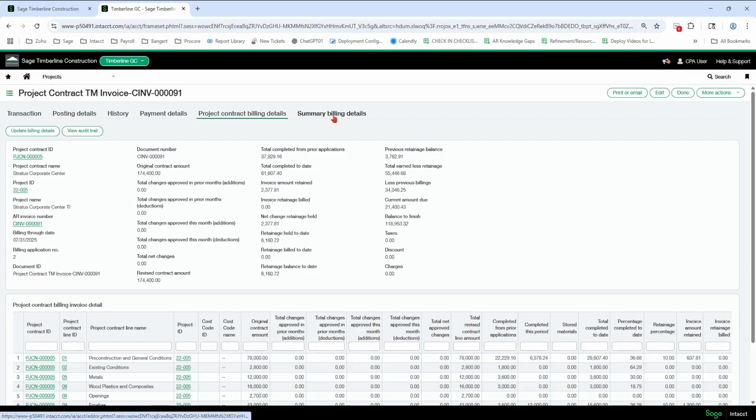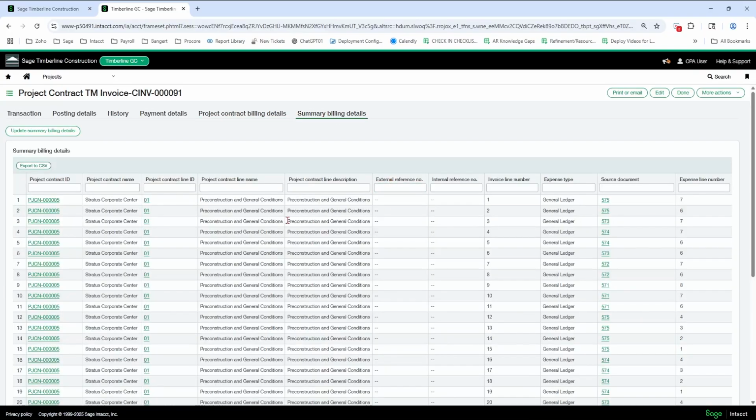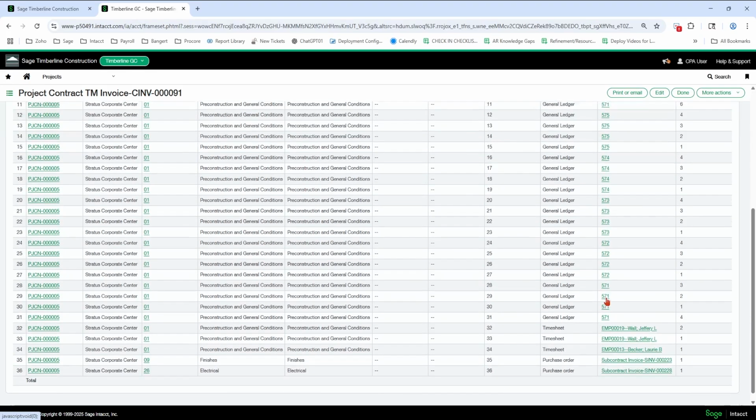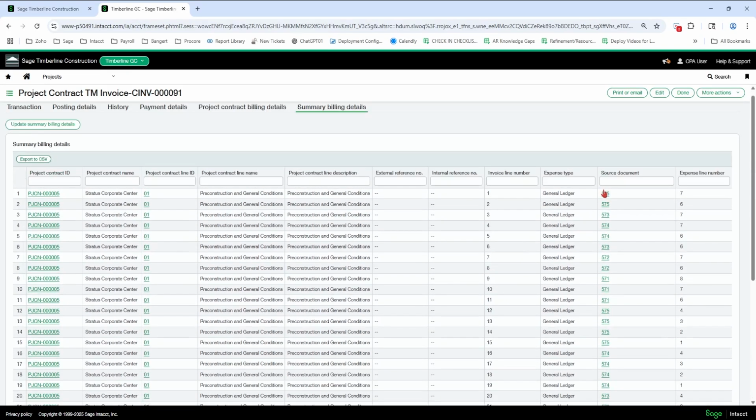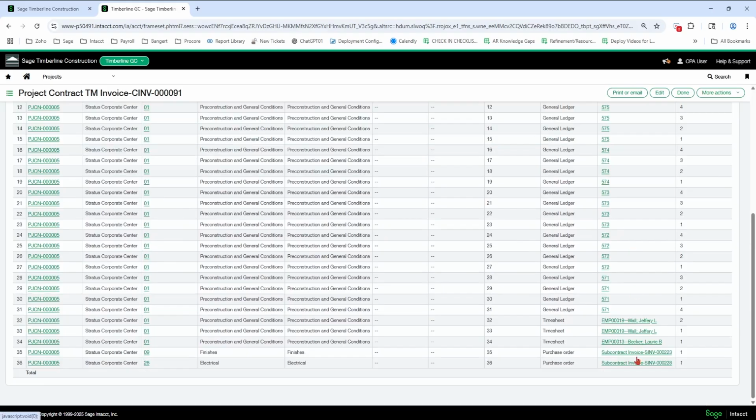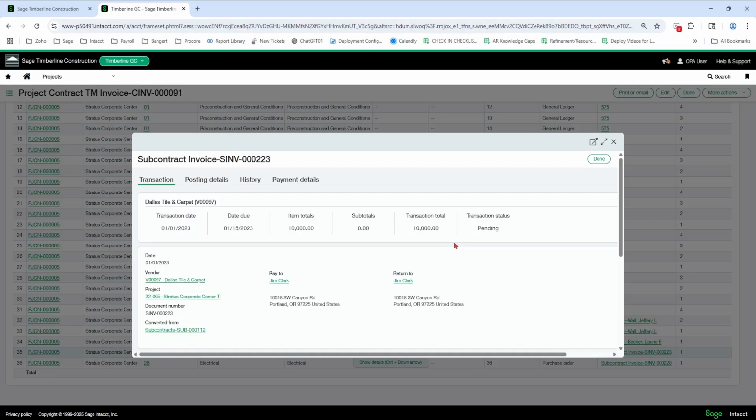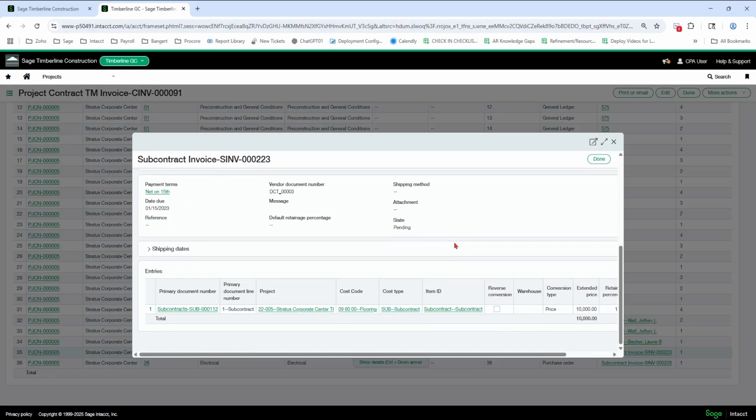Here on your summary billing details, I have a layout here that shows the actual links to the source documents. Okay, so if I want to look at this specific subcontract invoice down here, I can click this link here and the subcontract invoice screen pulls up.